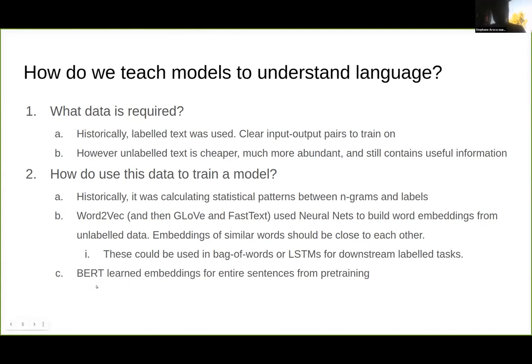And then we realized that we can do even better than that. Instead of just looking at individual words, we can look at entire sentences. Take "I'm on the shore of a bank by a river" and "I'm withdrawing money from my bank account." The word bank would have the same embedding in word2vec, but obviously they have drastically different meanings in those two sentences. BERT was not quite the first model, but the first very popular model that took this into account and enabled embeddings for full sequences of text.